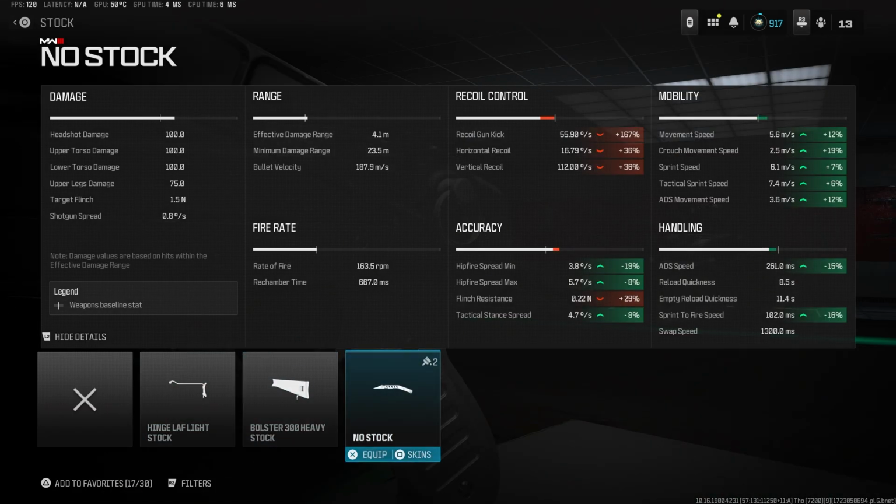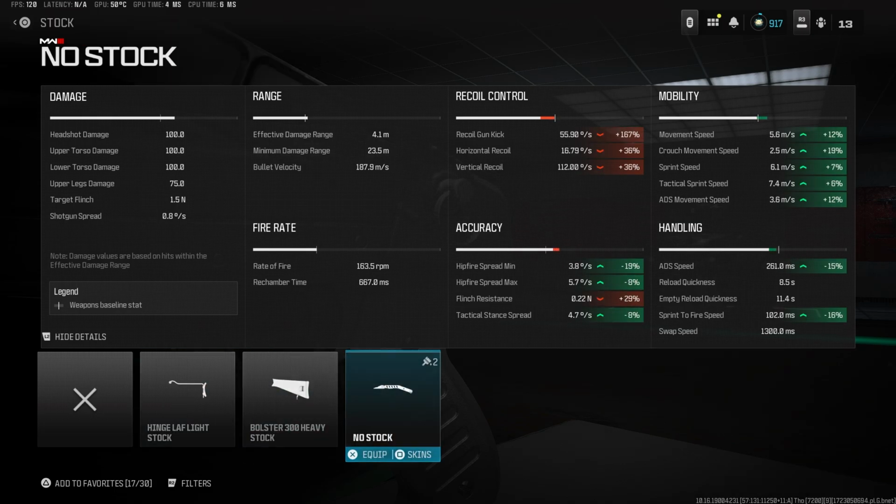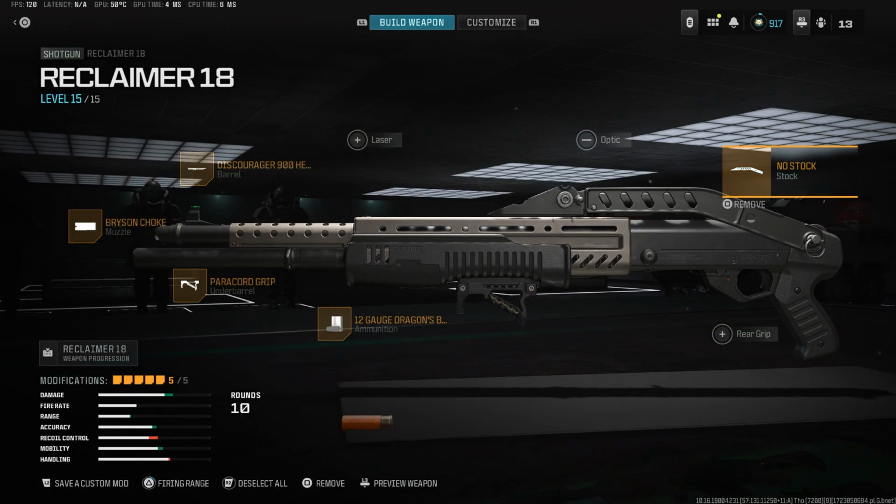Now moving on to that last attachment, it is the stock, and we are going to be running no stock. Now this reduces down your tac stance spread, your sprint to fire speed, ADS speed, all your mobility as well, hip fire spread, all of it. So really the perfect attachment here. Yes, you can look at other options like this, but in reality this is the one. The mobility is next level, to be honest. So if we stick that on,